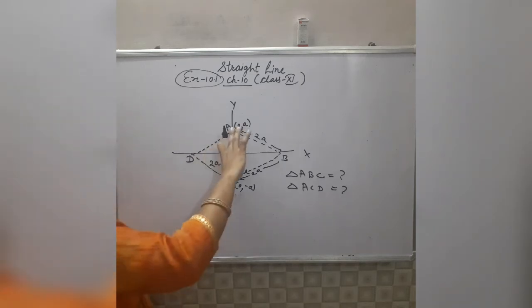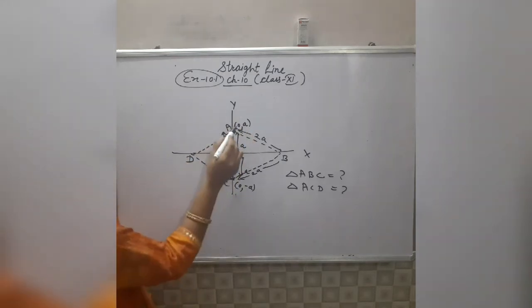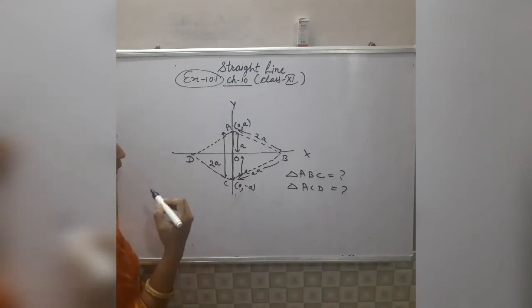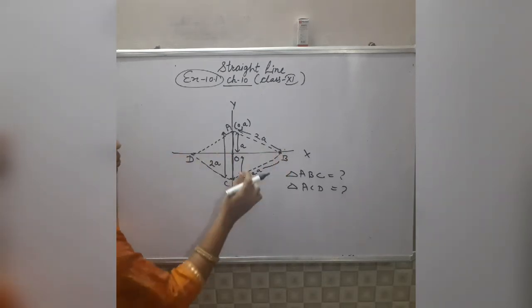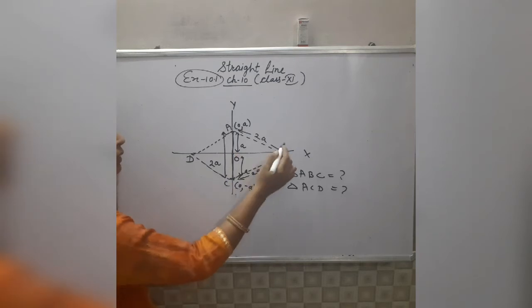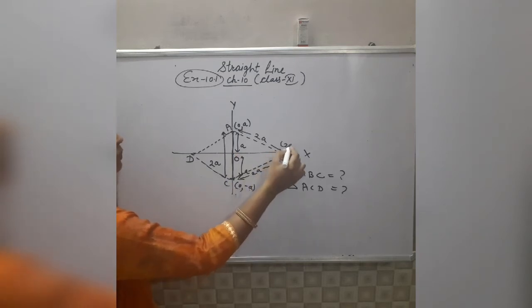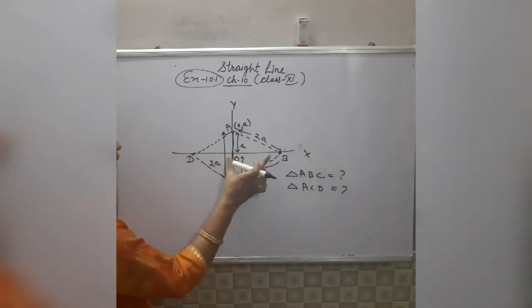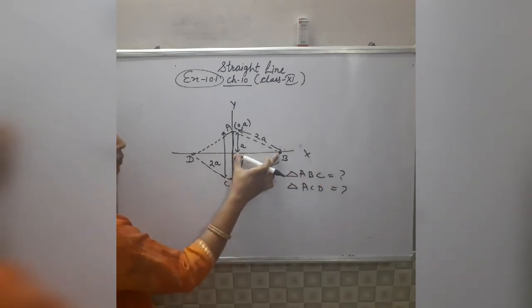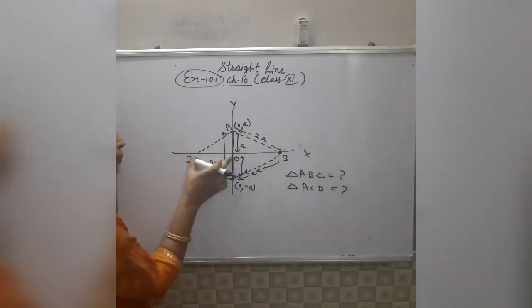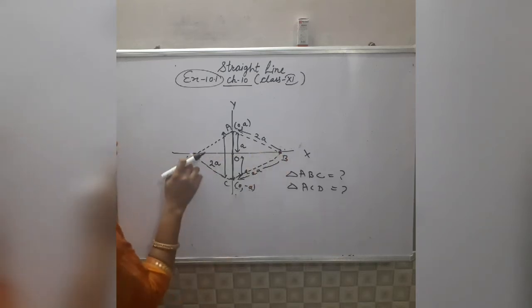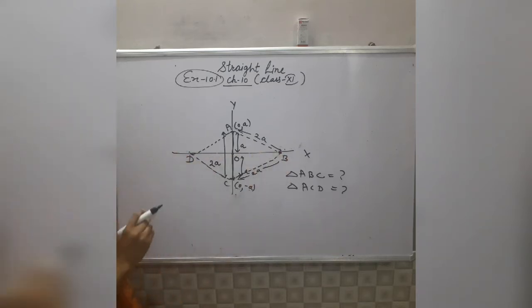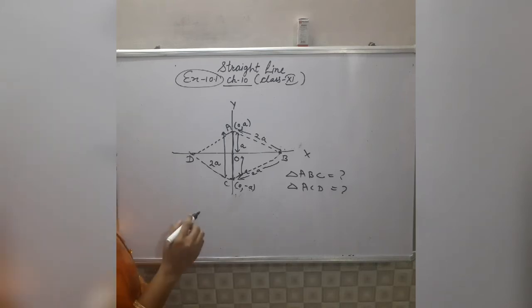Two vertices we have already found out. Coordinates of vertex A are 0 comma a, and this is 0 comma minus a. Now we have to find B and D. Some students take this side 2a and they write the coordinates of point B as 2a comma 0. It becomes wrong. Now see how you will find the value of this distance OB. This OB distance is equal to DO. If you have found the coordinates of B, then by taking the negative value of x very easily you can find point D also. Now see how you will find this coordinate.